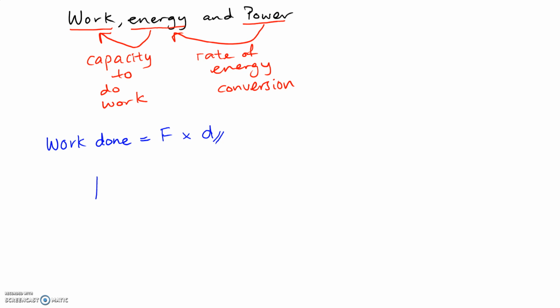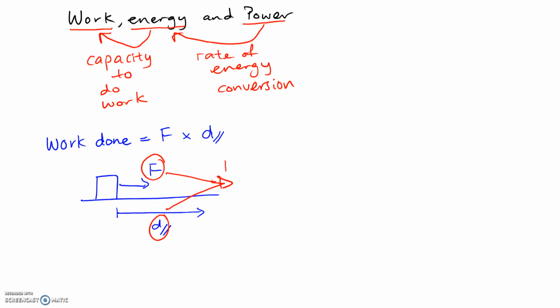Okay, so for example, if I talk about a box over here, I have a force towards the right. The distance moved must be parallel to the force. Okay, only then when we multiply these two factors together,